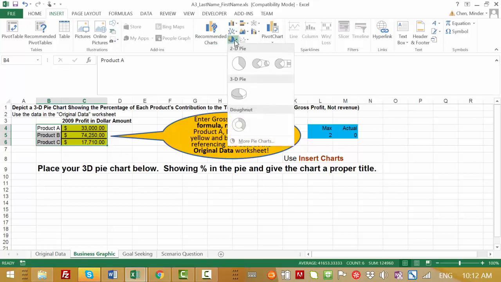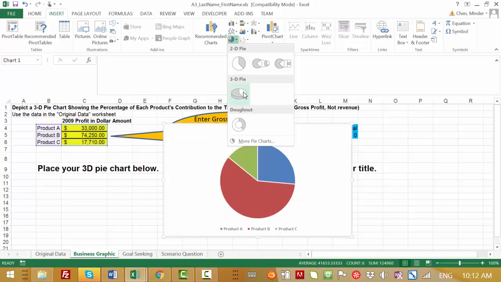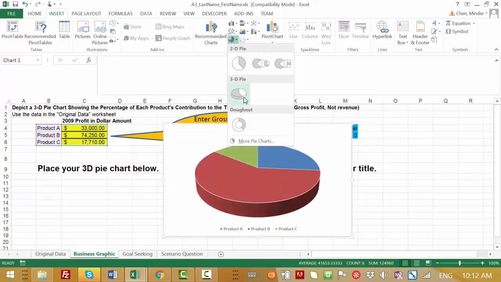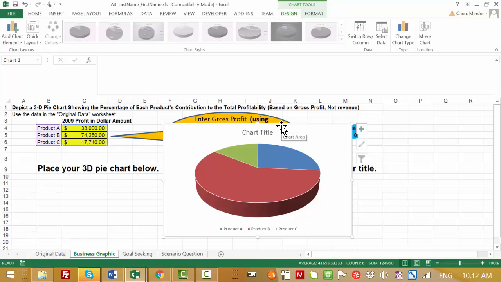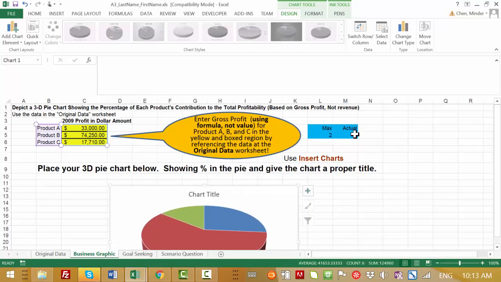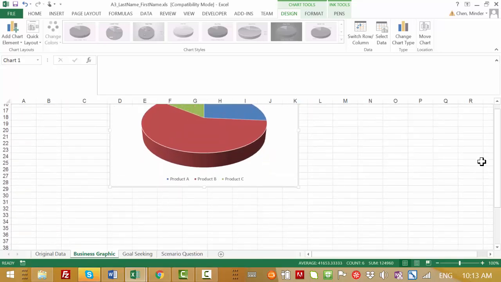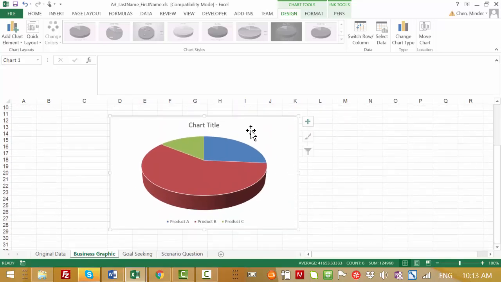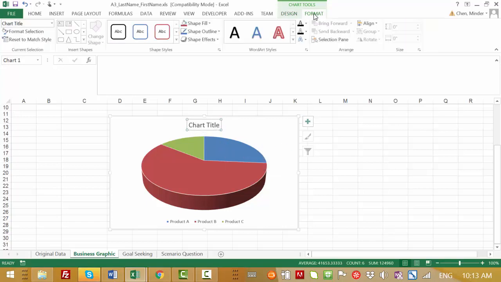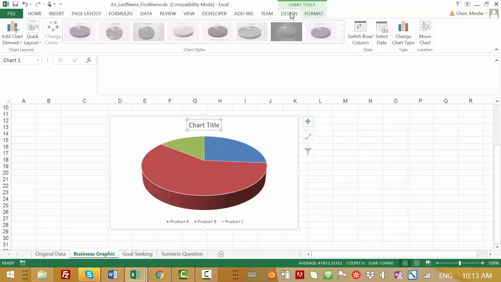For instance, a 3D pie chart, then you do something like this. Okay, and I'll let you figure out how to format it properly. But basically, we're almost there. You can change the chart title so it's more appropriate, and also there are additional formatting instructions in terms of